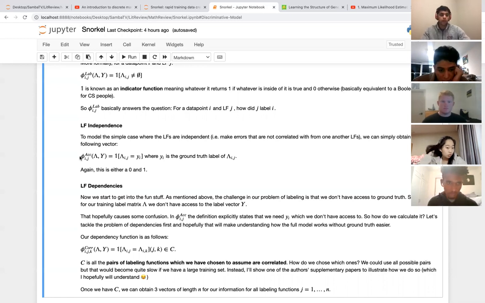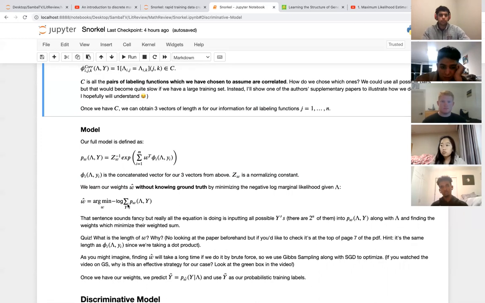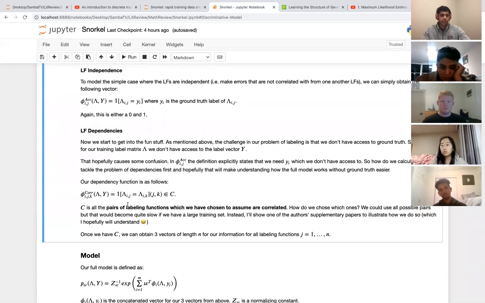So how do we solve for this? We'll talk about that as we talk about the actual model. It comes from right here when we're using the negative log marginal likelihood, which basically means we're trying all possible combinations that ground truth can be. So just keep that in the back of your mind for now,